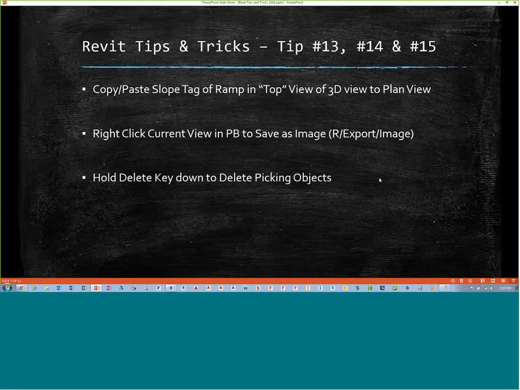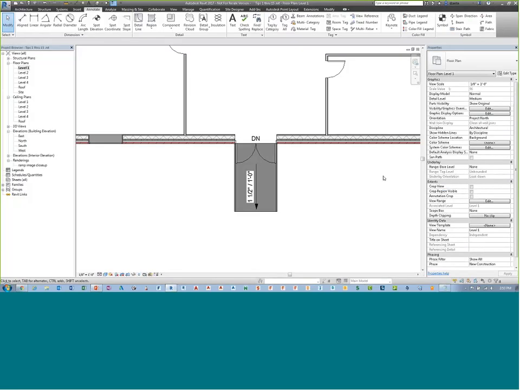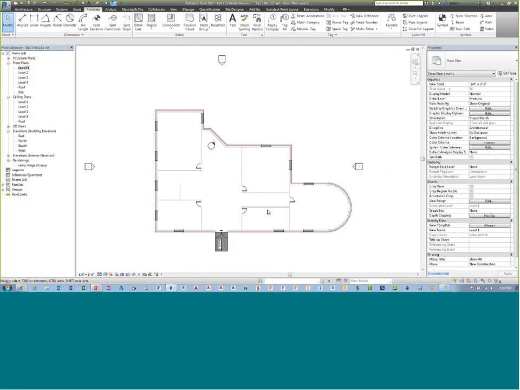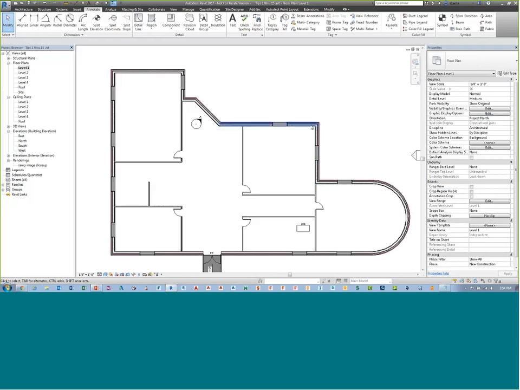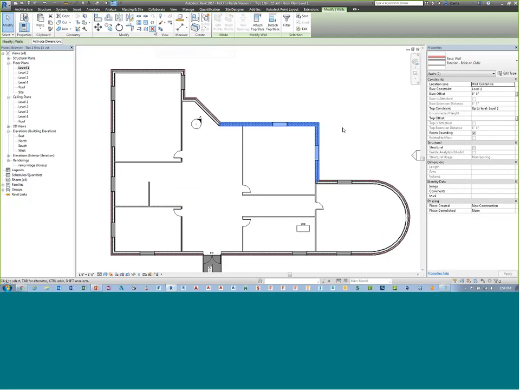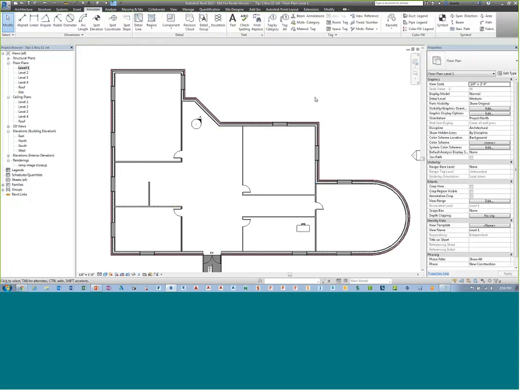Hold the delete key down to delete picking objects. Okay, so what we mean by this is I want to delete, say, these two walls here. A lot of people will just do a window crossing and they'll hit delete, or they'll hit the delete key. If you hold the delete key on your keyboard down first and you just touch an entity, it deletes it